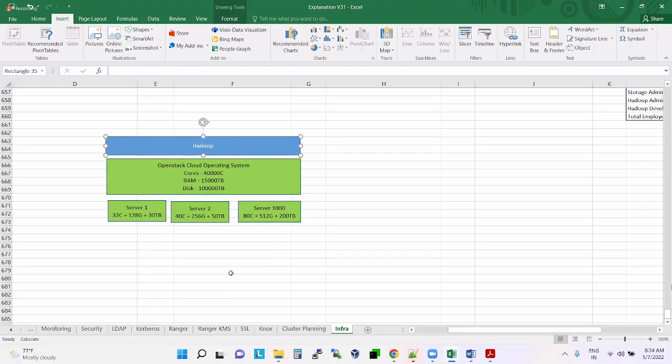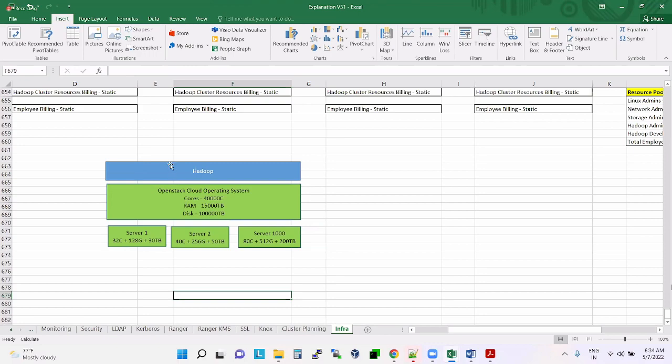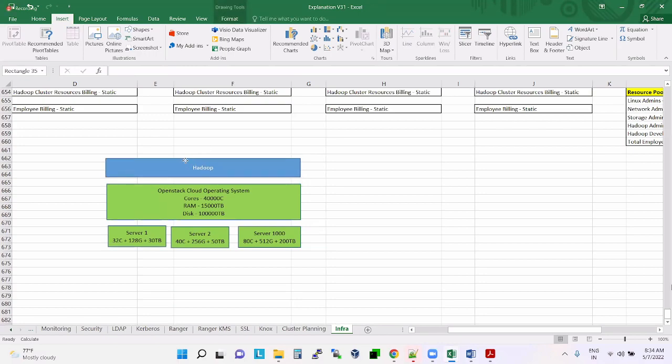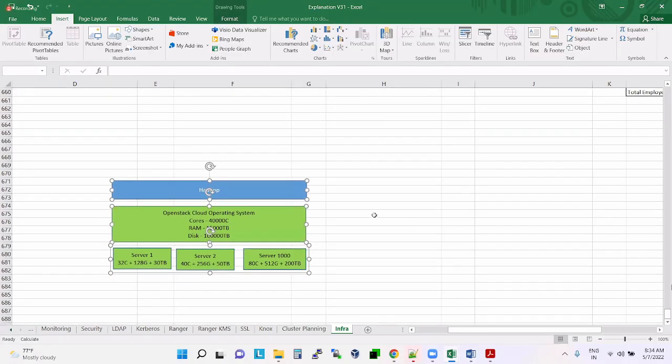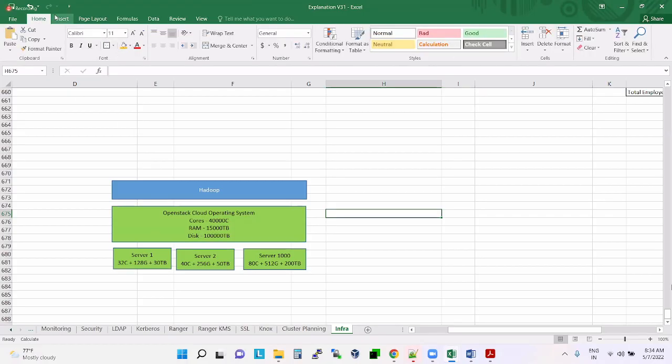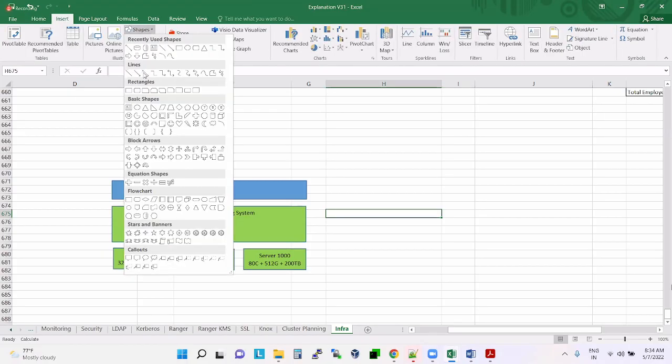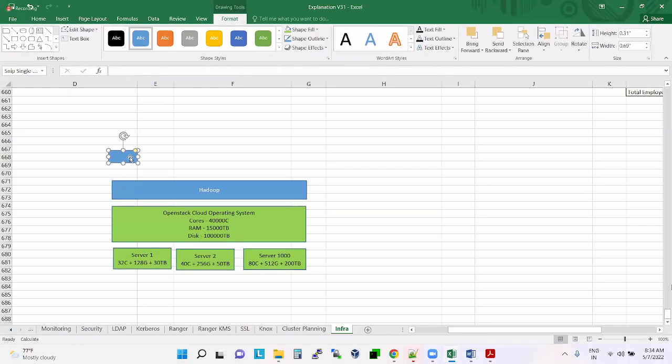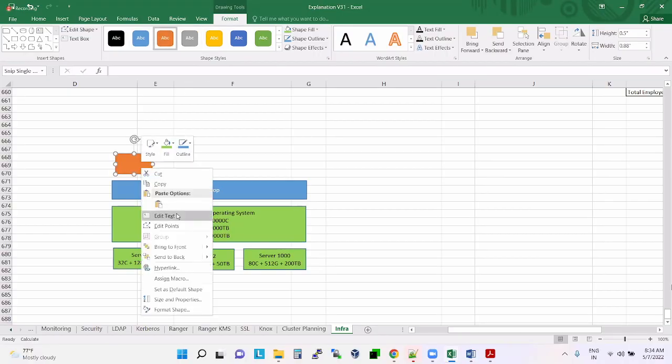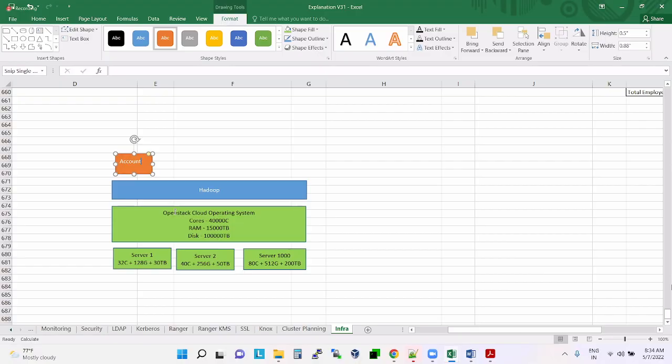This is another section: on top of this, Hadoop. Now on top of this, what is happening? Slowly, projects. Project 1: accounts.